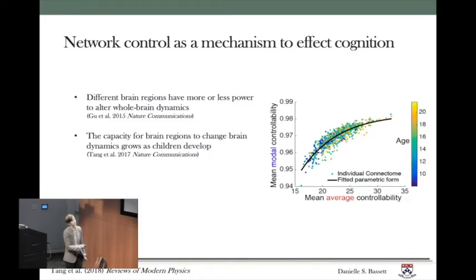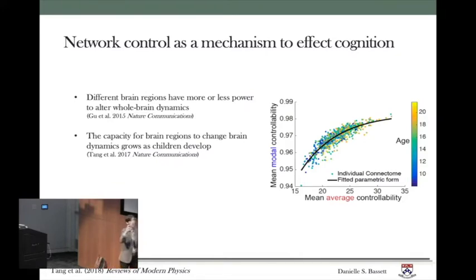So the brighter yellow are the 22-year-olds and the dark blue are the 8-year-olds. And what we see over the entire group is that younger youth tend to have low values of both kinds of control, and the older youth tend to have high values of both types of control. And what that suggests is that over this developmental period where cognitive control and executive function is changing very drastically,